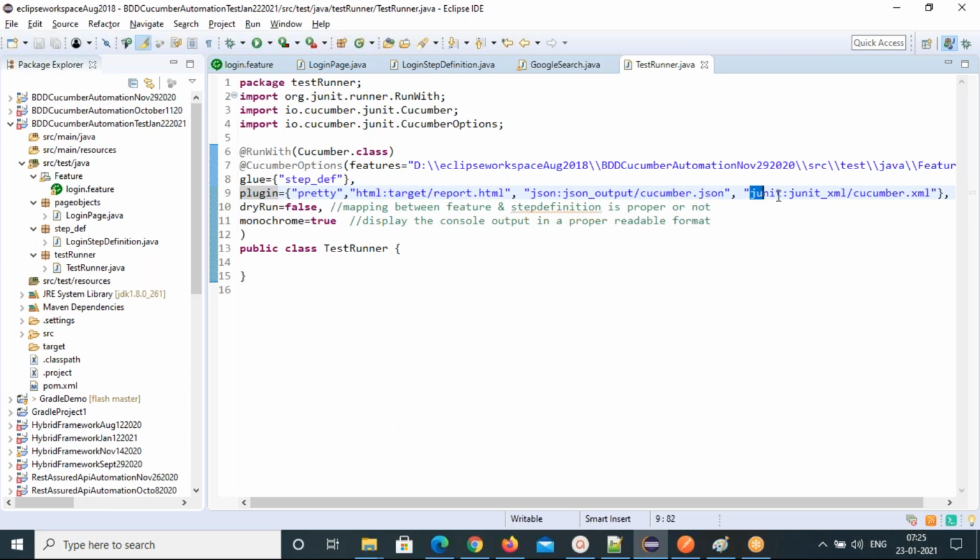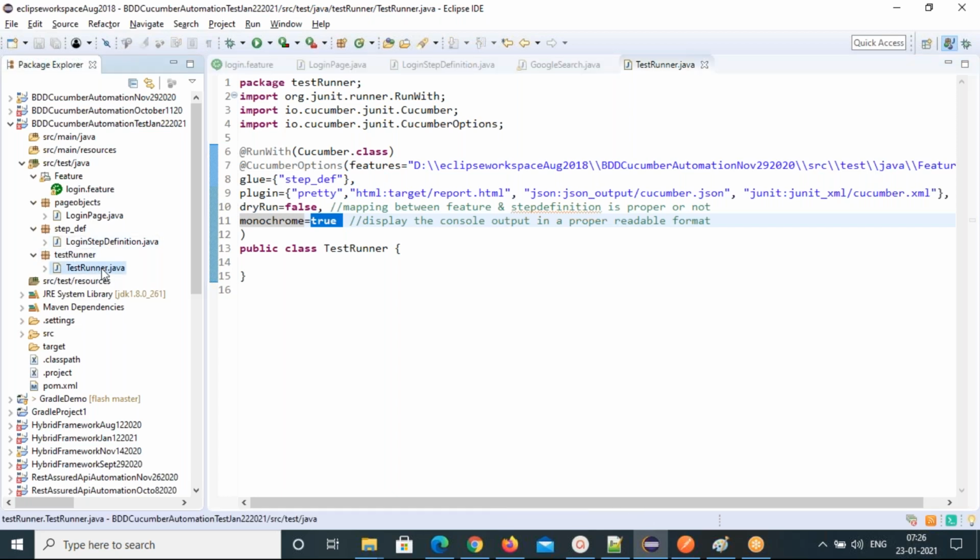JUnit report will be generated under JUnit_XML with the cucumber.xml report. Dry run false. Dry run checks whether the mapping between feature and step definition is proper, and any mismatched step will be caught. Monochrome makes your console output display in proper format. That's what the cucumber options are.